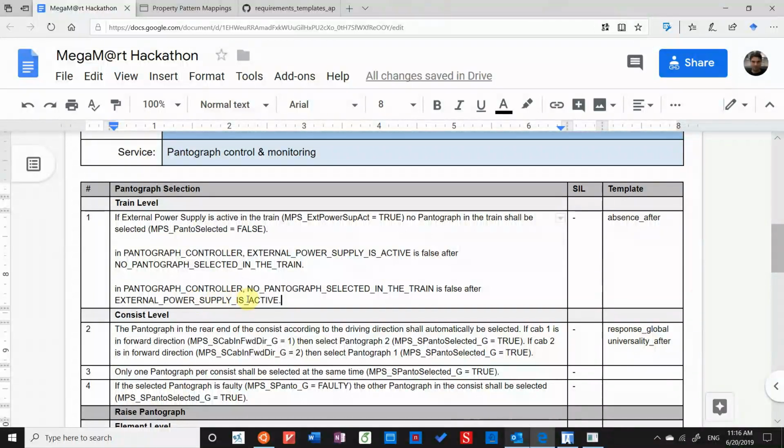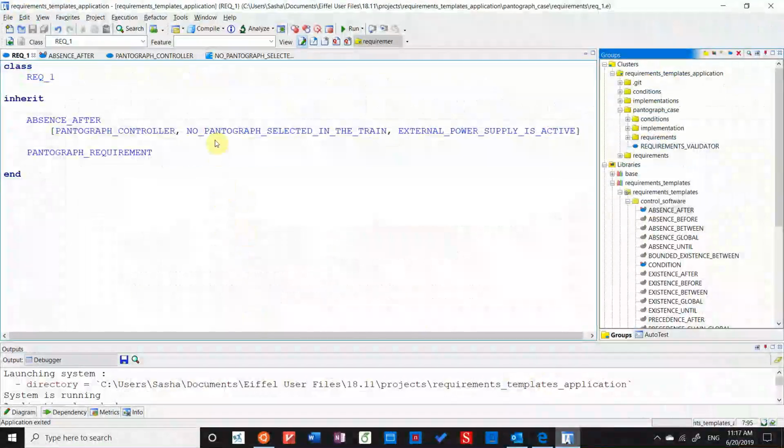Now it says no pantograph selected in the train is false after external power supply is active. Now the sequence of the events is correct, but we can see a double negation here. No pantograph selected is false. There was no double negation in the original requirement, and we need to remove this no. So we go to the formalization,